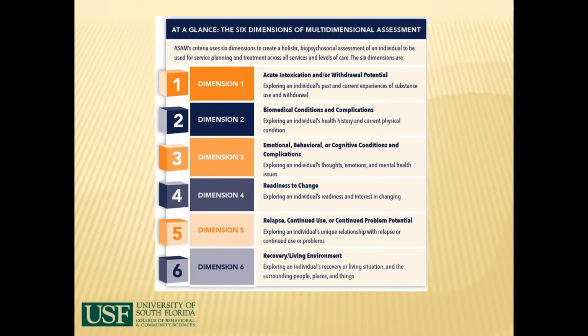So it starts with a multi-dimensional assessment. And in the ASAM model, there are 6 different dimensions that we use to assess an individual to find out what their treatment needs are. Dimension 1 is acute intoxication and/or withdrawal potential. And by the way, the ASAM criteria has been around since 1991, when a lot of these different groups that were creating these different protocols sort of merged and began to operate under a more universally accepted paradigm. But dimension 1 is acute intoxication or withdrawal potential.